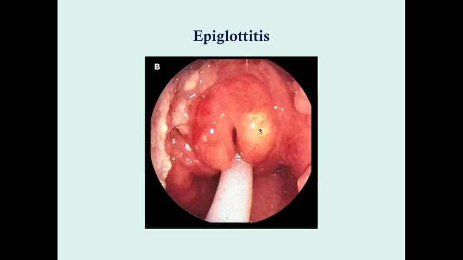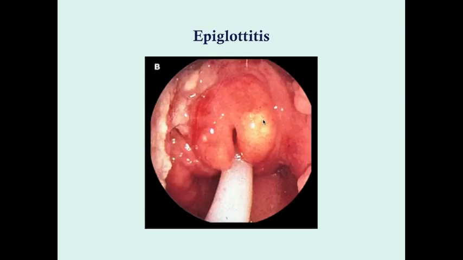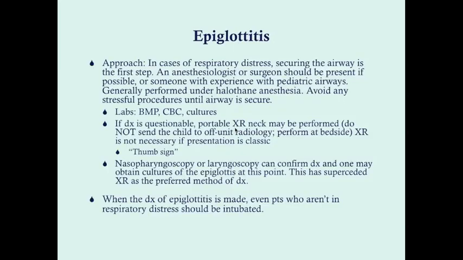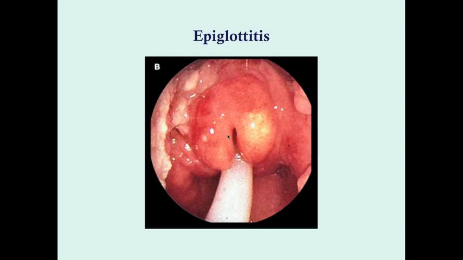Okay, so this is epiglottitis. Notice the swelling. Notice how you have the sort of U shape, and when they're swelling, it's a very swollen U shape. Note that there's erythema along the mucous membrane of the epiglottis, and that it's a lot bigger. And so you can see that when this is over the trachea, you only have this amount of space to breathe through. And so the resistance is going to be much, much higher.